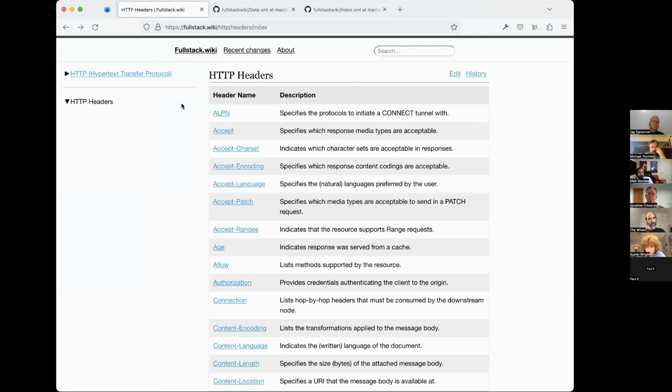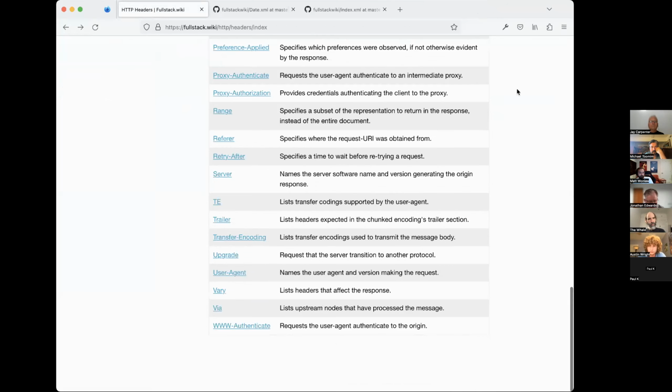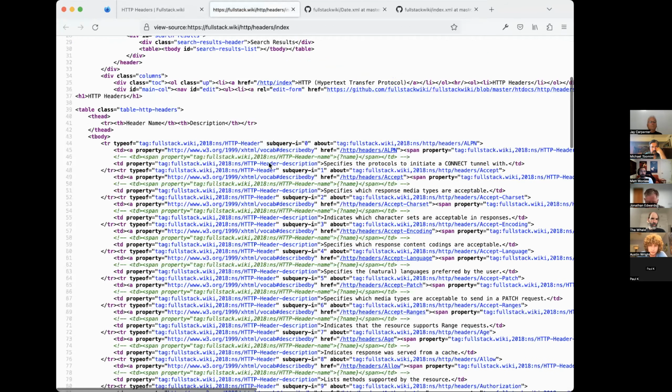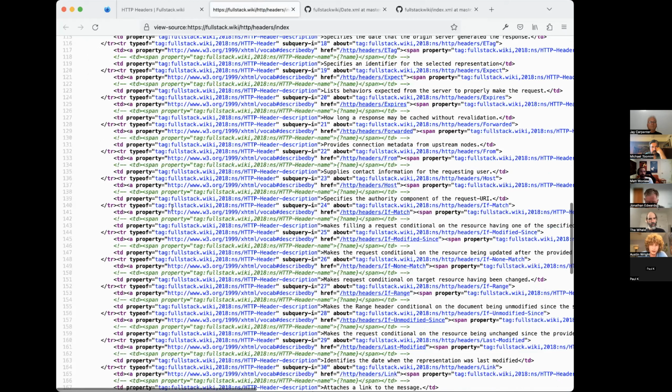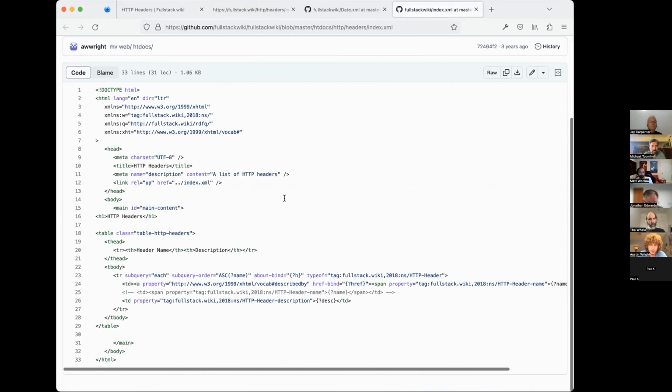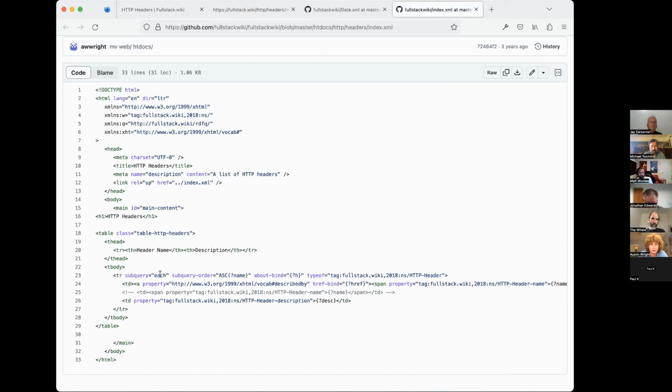So, sort of on the topic of incremental changes, this is a website I've been working on that keeps track of different headers in HTTP. An interesting thing here is that this table generates RDF data. If you parse this HTML document with an RDFa parser, you'll get back an RDF graph that tells you interesting information about HTTP headers. The more interesting thing about this table is that it's generated from an RDF graph.